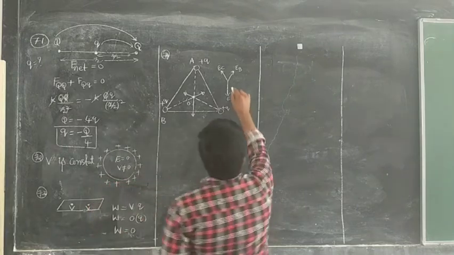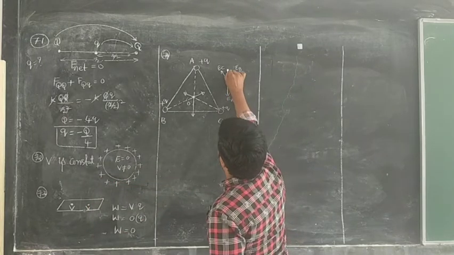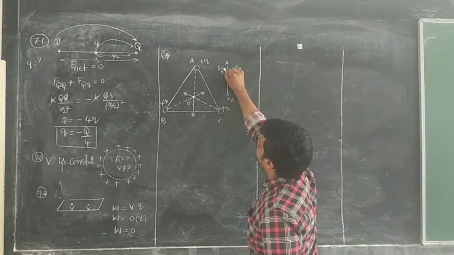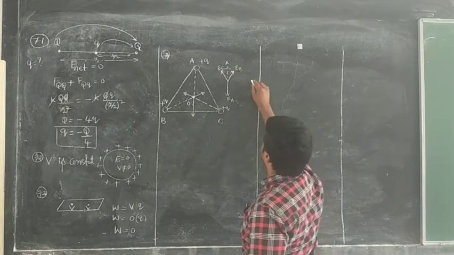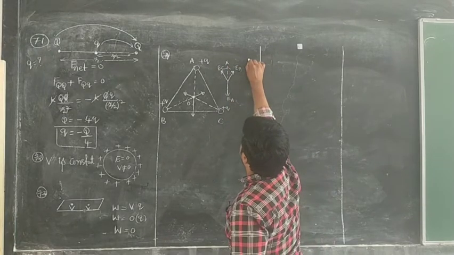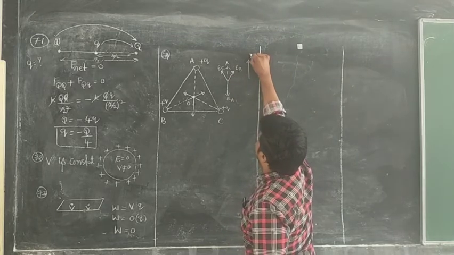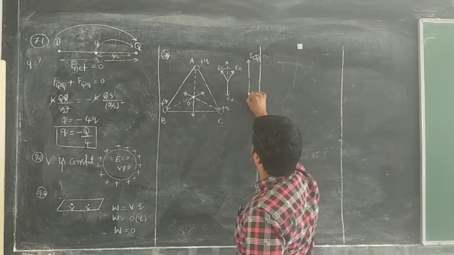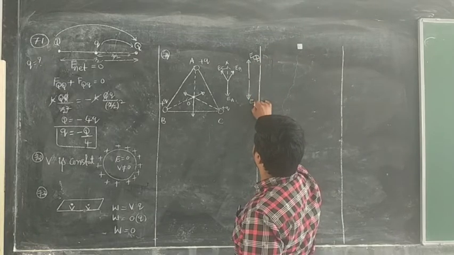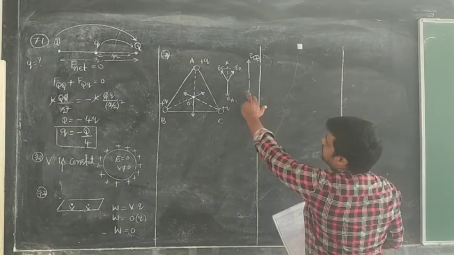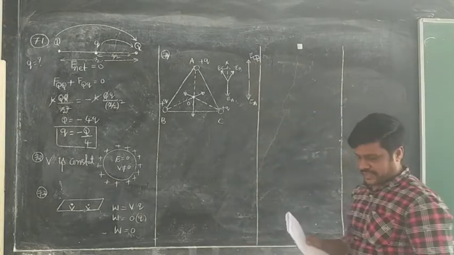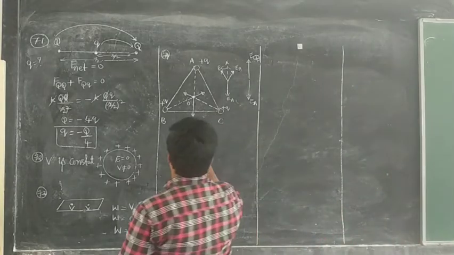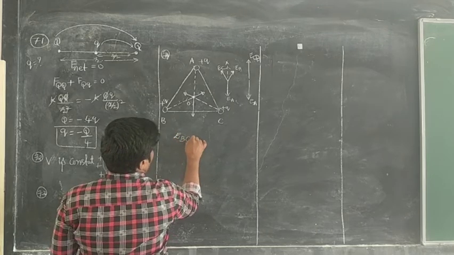Now this one is nothing but the resultant of B and C if you take the parallelogram of vectors. So here I am taking this one as the resultant electric field of C and B in downward direction, and the electric field due to A. These two are equal in magnitude, opposite in direction. As a result, the net electric field EBC is equal to EA.